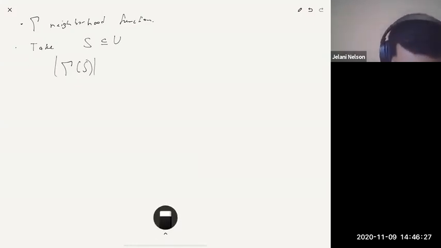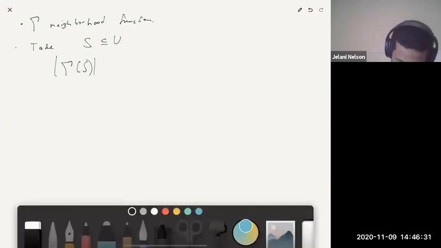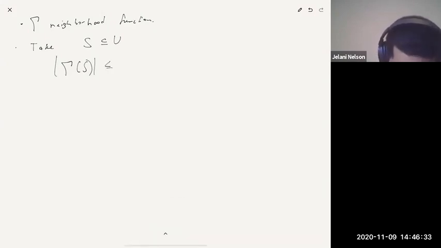The biggest this could possibly be is at most D times the size of S, right? If every single edge coming out of S has no collisions, they all go to different vertices on the right, the most you could possibly get is D times S. If it gets at least (1 minus epsilon) times D times S,